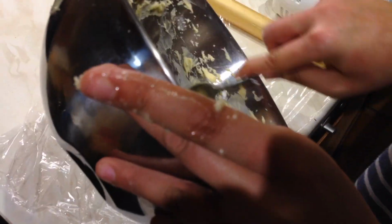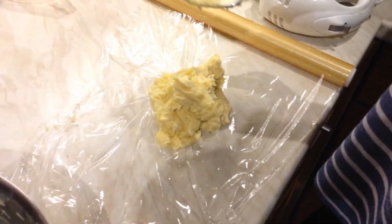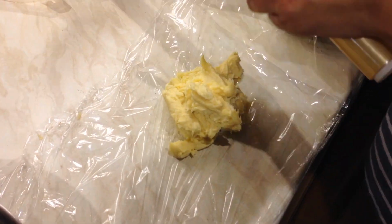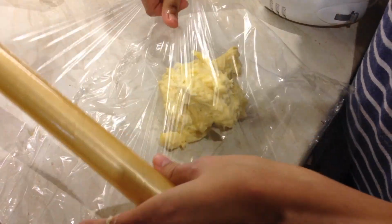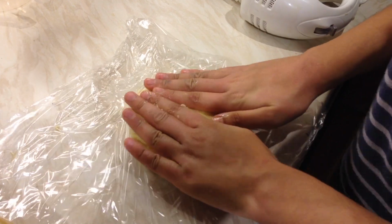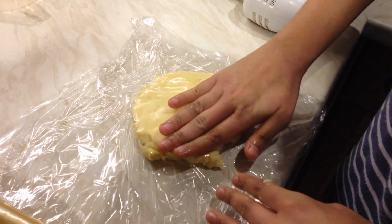So, why does this part of it have to go in the cling film? Because it's going to go in the fridge again. It's going to go, no, the freezer, sorry. We're freezing everything. But also, we're going to put it over like this to make two layers, okay, and then just use it to shape the butter into the same square that we used for the...